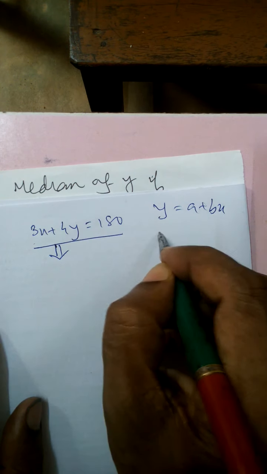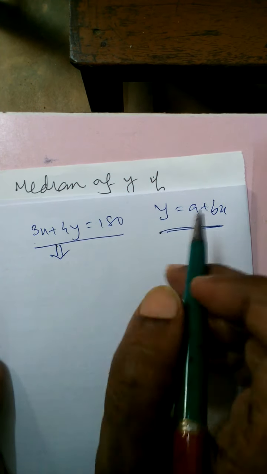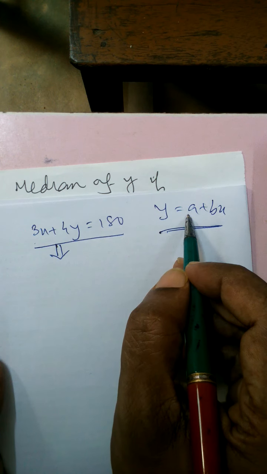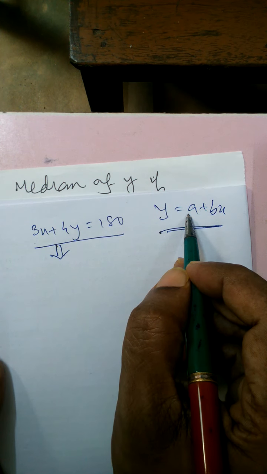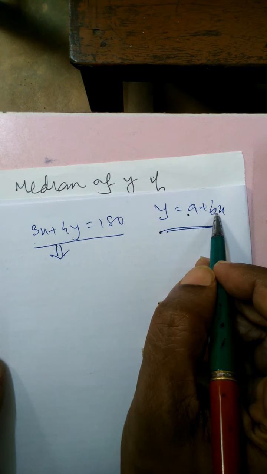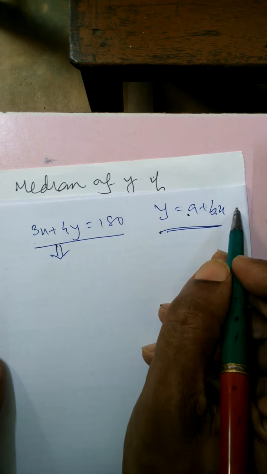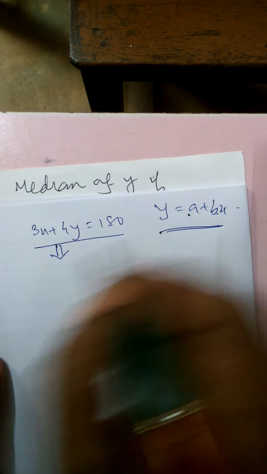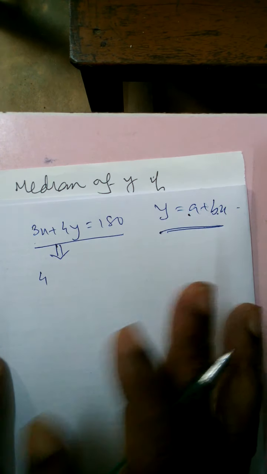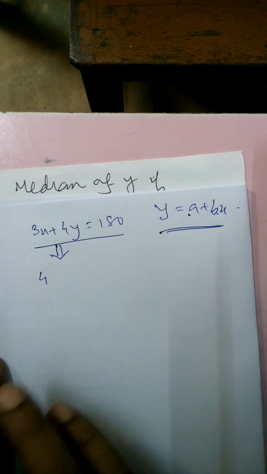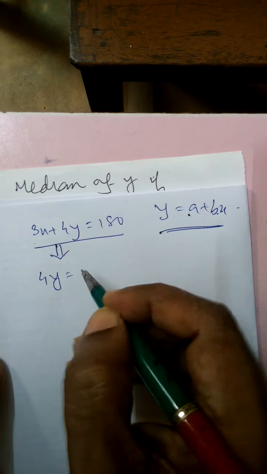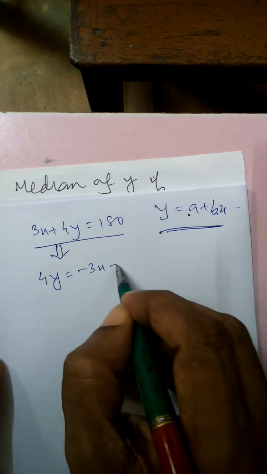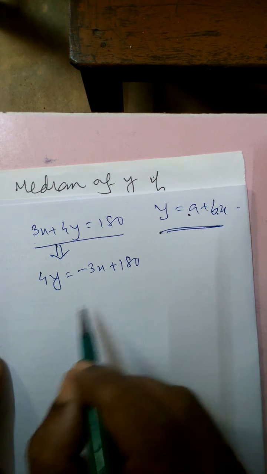A little while ago I told you y is equal to a plus bx. A is called origin change because there is no x here. X is not multiplied with a. A is a constant number. This is origin change. And b is scale change because it is multiplied with x. Now look, if I want to write this in that form, practically it is not required, but for your conceptual part, if we arrange it like this,